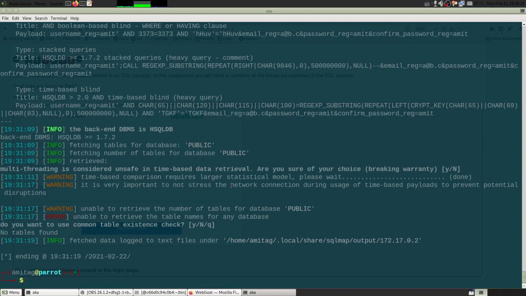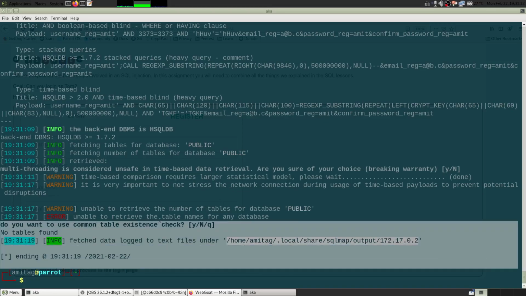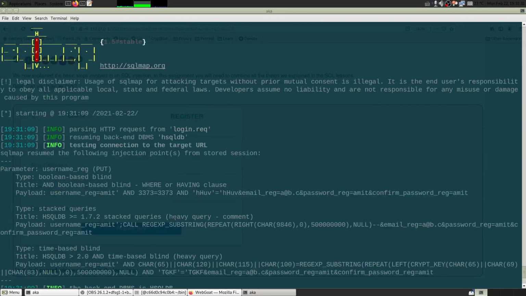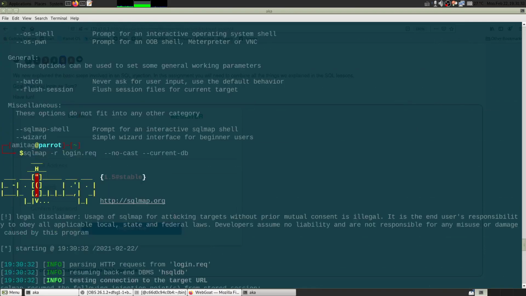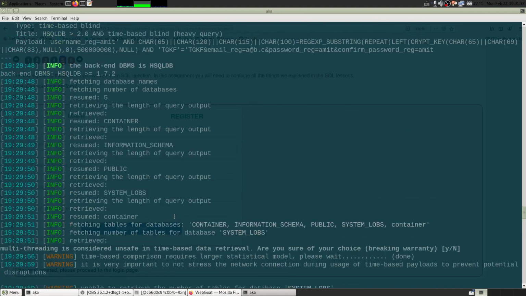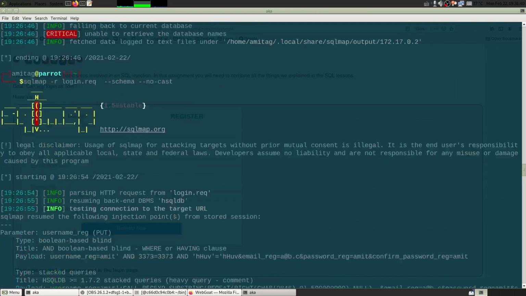Okay, we can see that it is still not able to find anything. So we are going to use an advanced option here, and we will again look at the help that we had executed earlier.